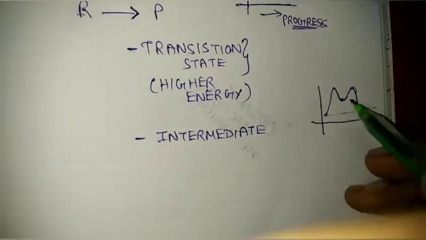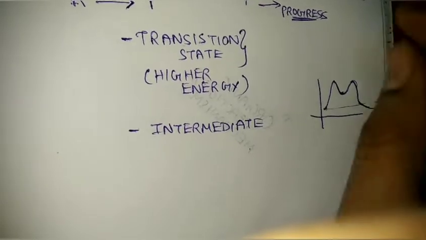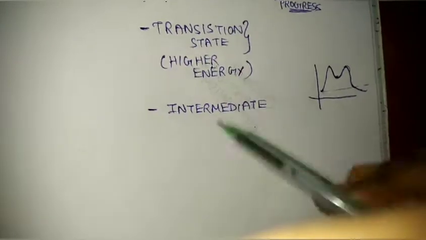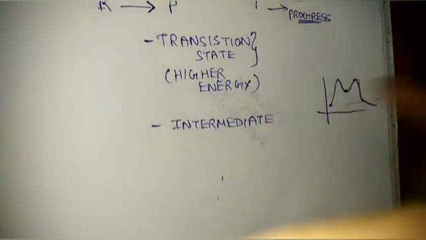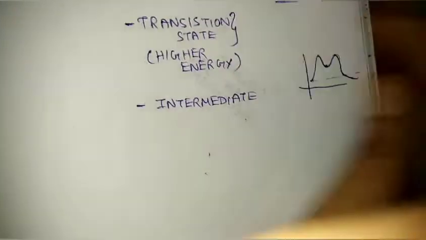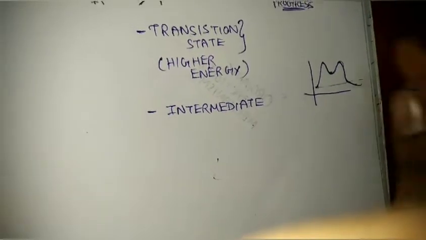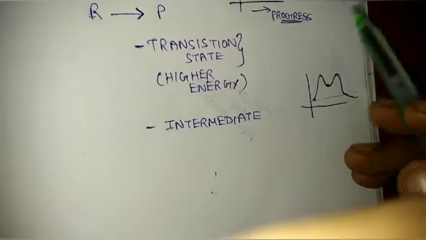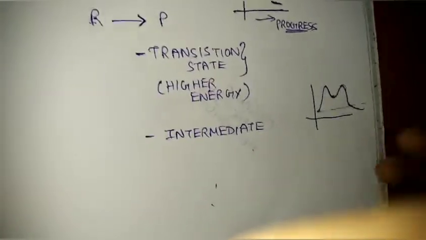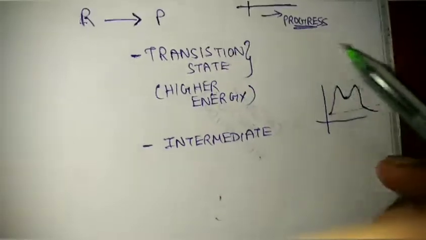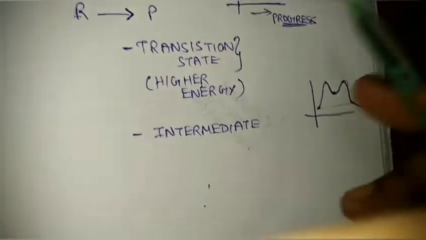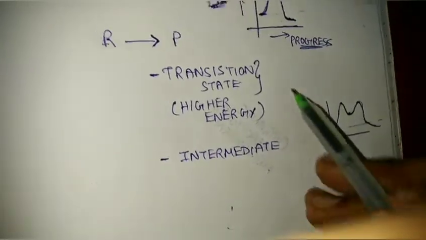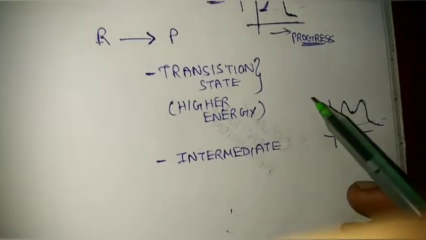What does this mean? This intermediate is similar to the transition state, but both are not the same. Do not confuse these two. Somewhat similar, you can say. Intermediates you also cannot separate easily, though in some cases you can. But an intermediate exists a little longer than the transition state. And again you can ask, why are we studying intermediates? Intermediates are of more types. In the next part we will see about electrophiles and nucleophiles.